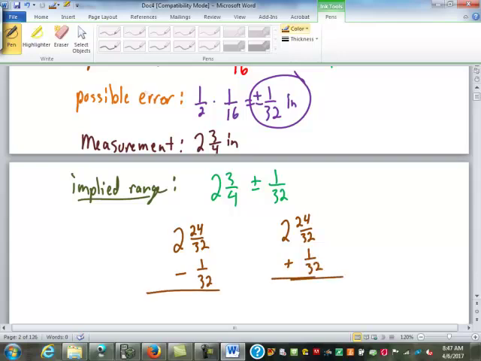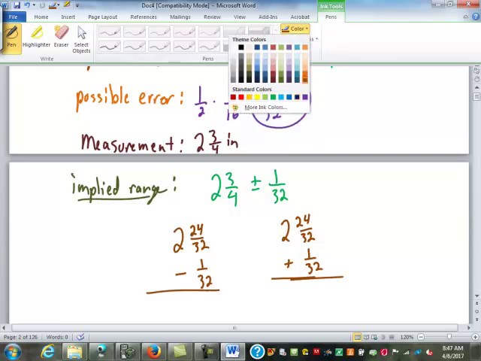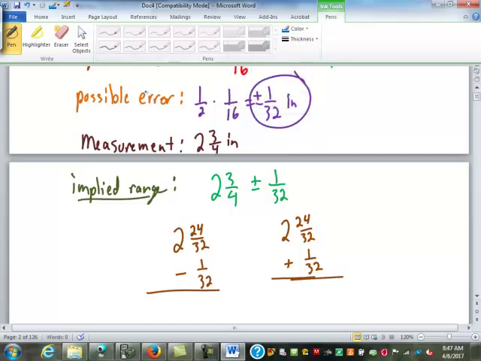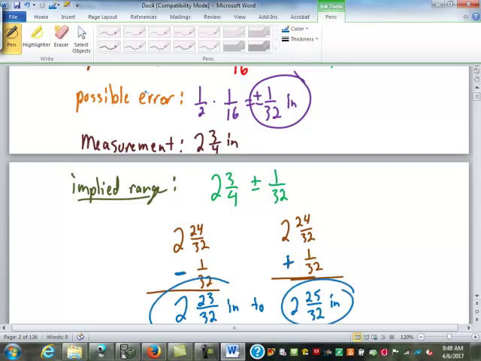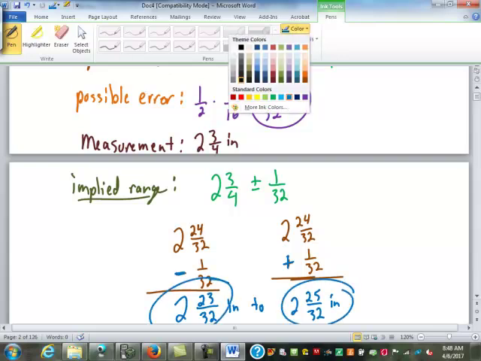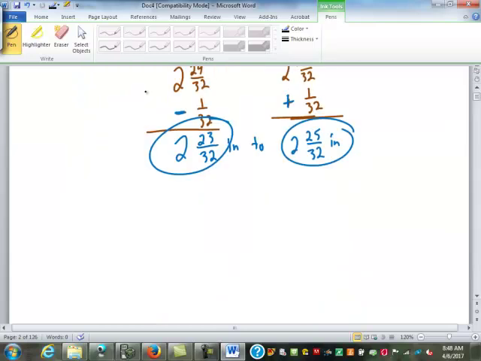You started out right, but you missed one very important step. You converted the 3/4 to 32nds. You got the 24/32. But then you have to subtract and add 1. So this is going to be 2 and 23/32 to 2 and 25/32 of an inch. That's your implied range. So in your notes,